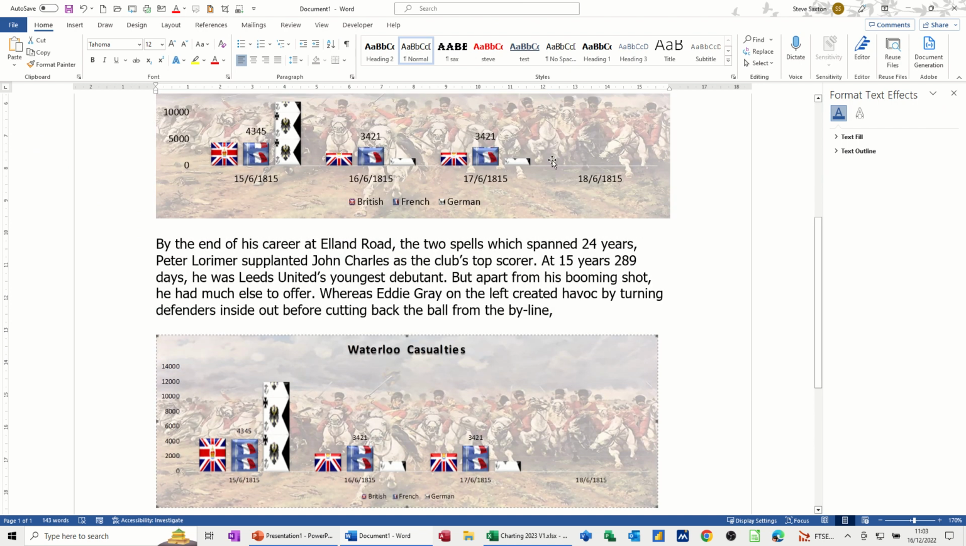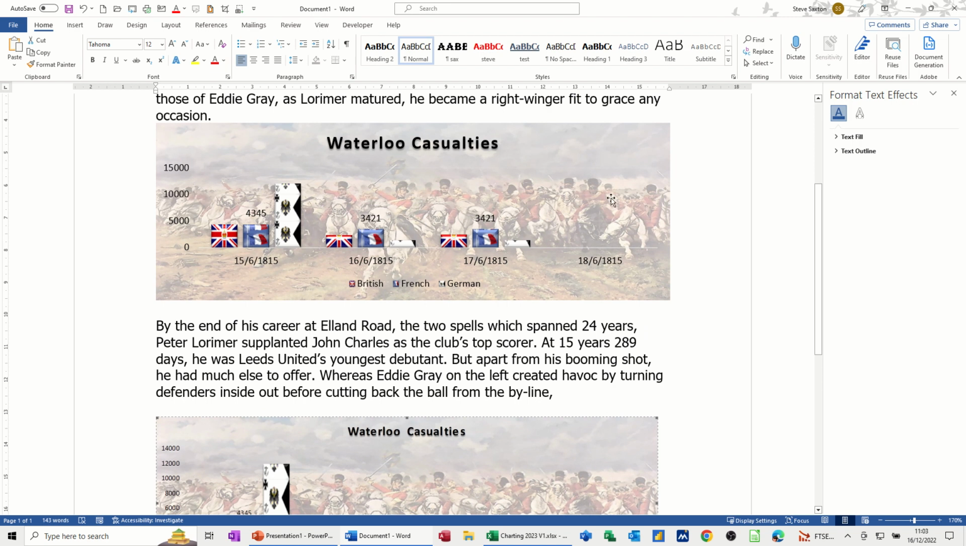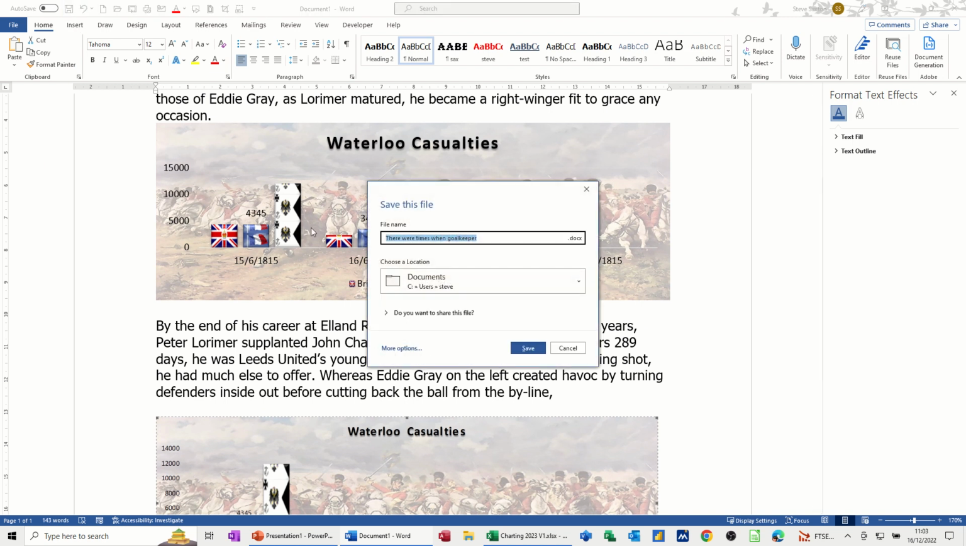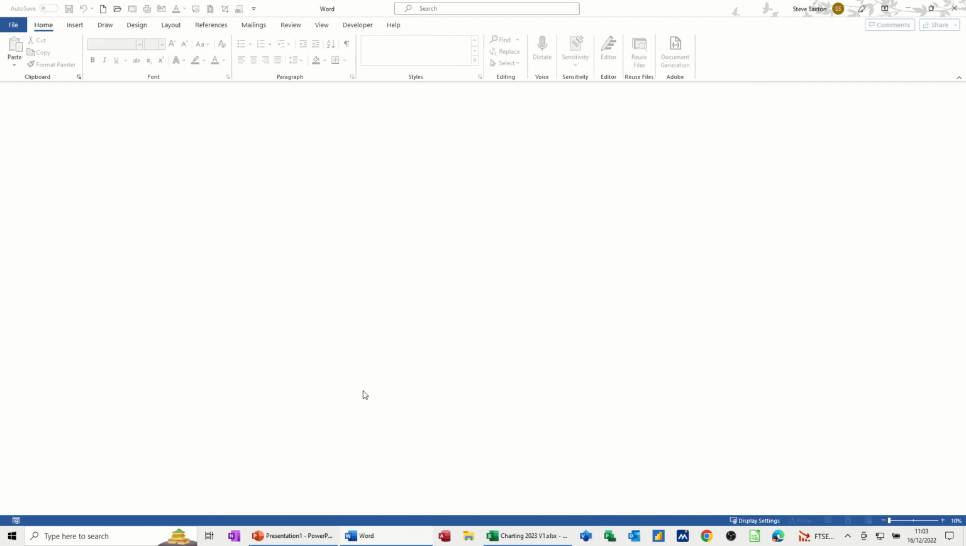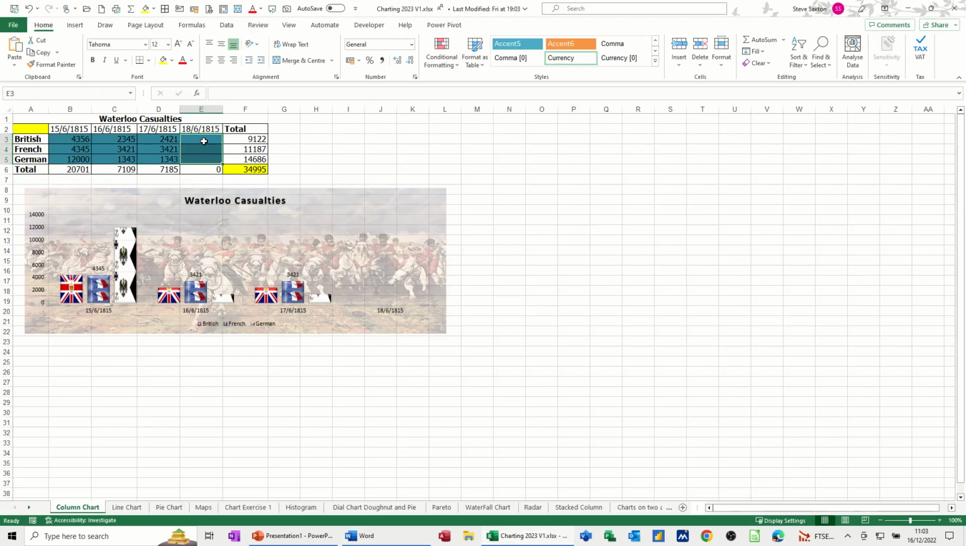Now the other chart looks like it's done the same sort of thing, but that's because I've got both files open at the moment. So what I'm going to do is save this, just to show you that this doesn't automatically update normally. So I'll just save this as charts 2022. It's going into documents, and then I will close it, Control W. So I've closed it. I'm going to put some figures back into